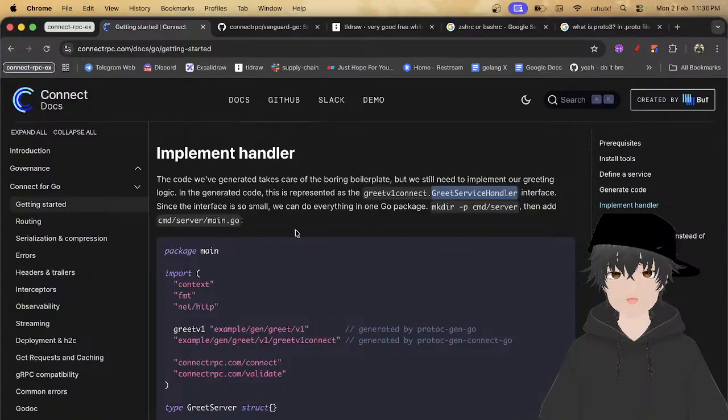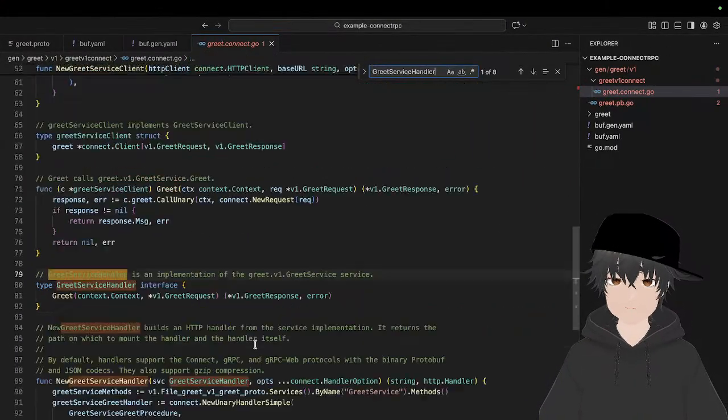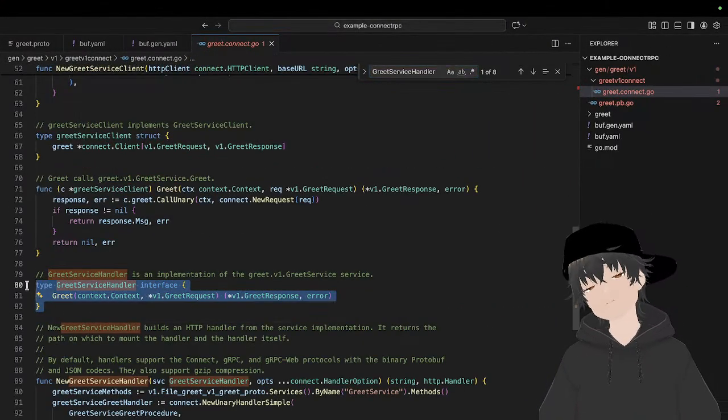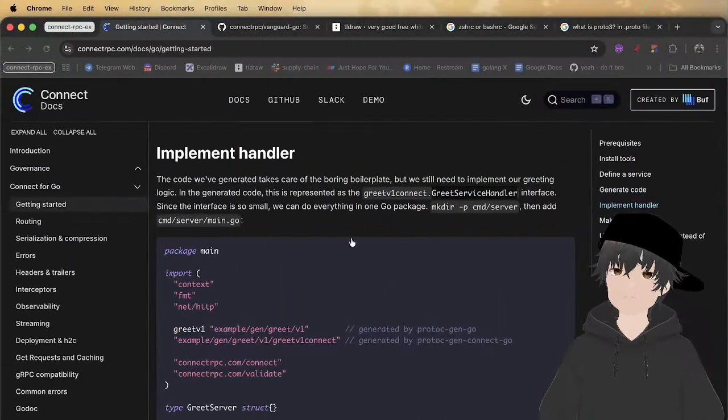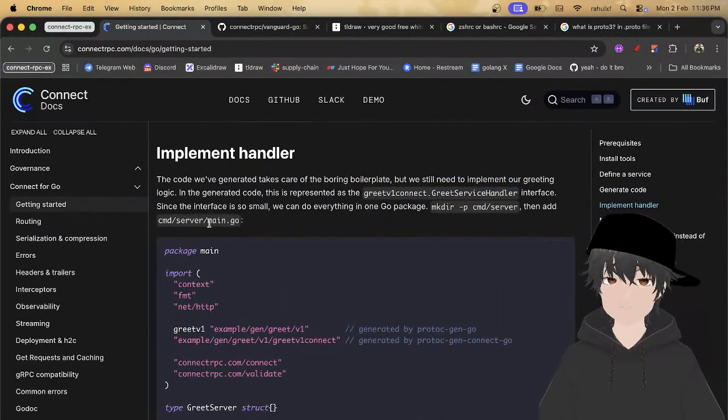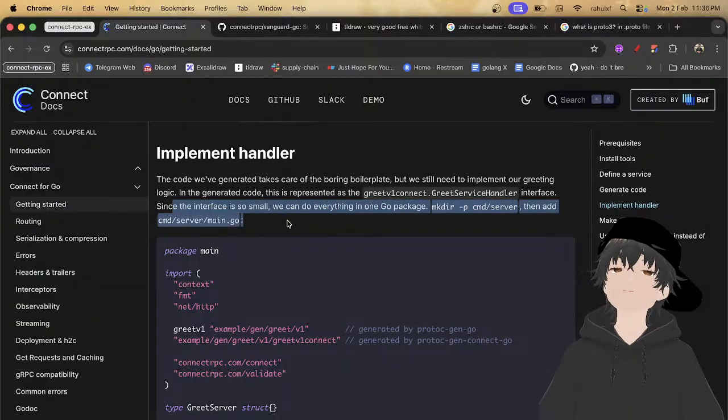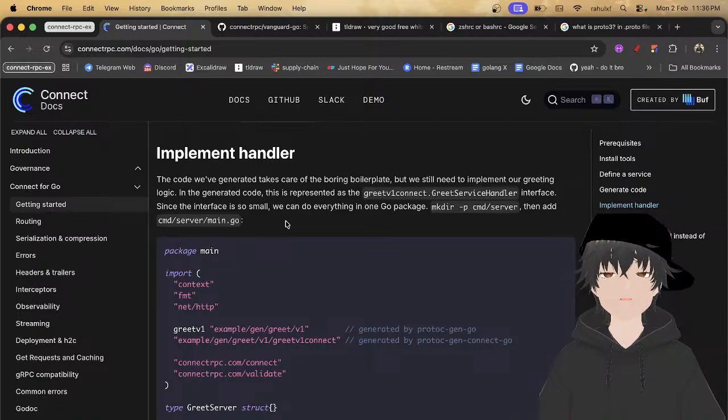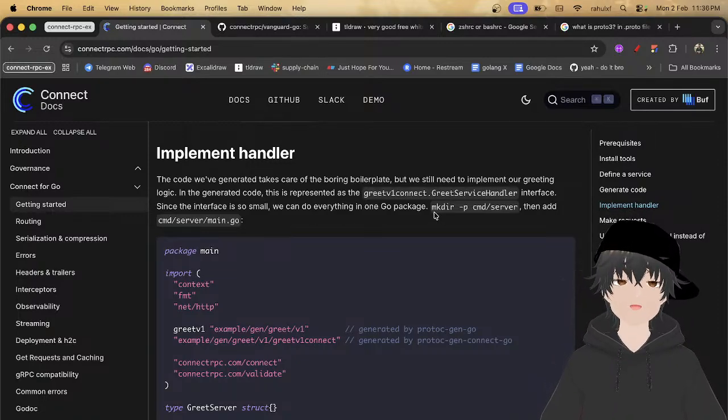If you go here, this one is what we are talking about. Okay, interface. Since the interface is so small, we can do everything in one Go package, and then you can just do it this way.